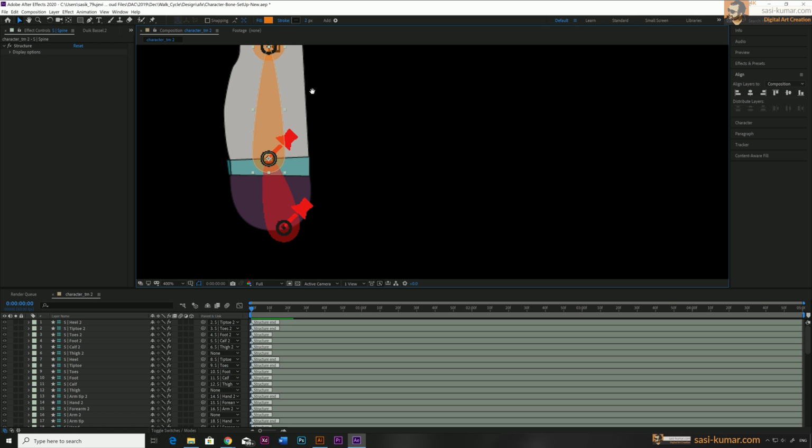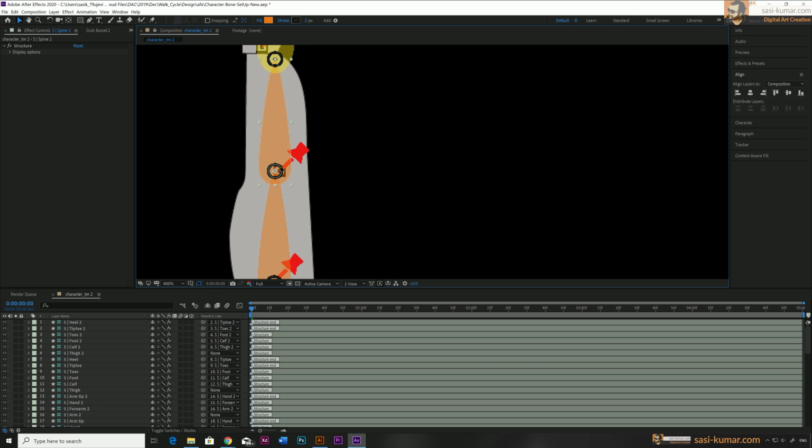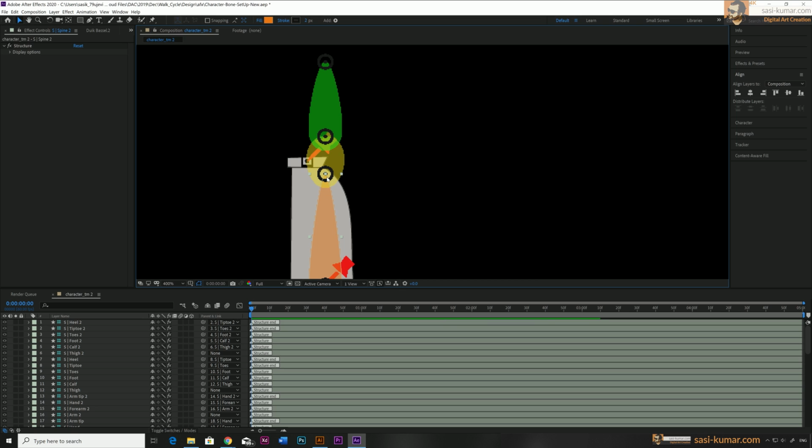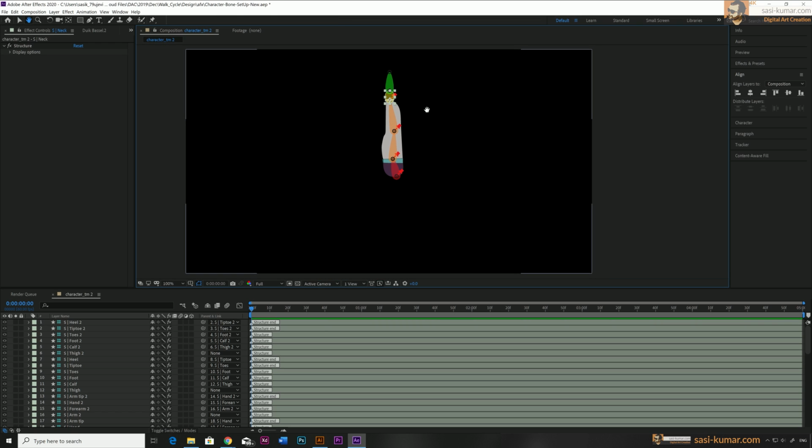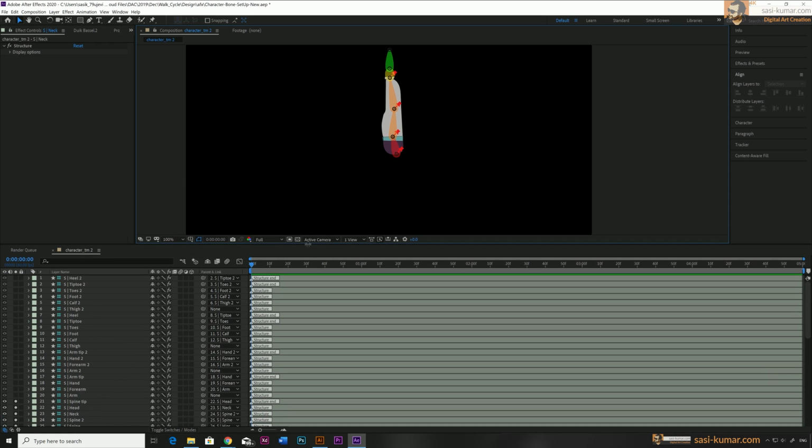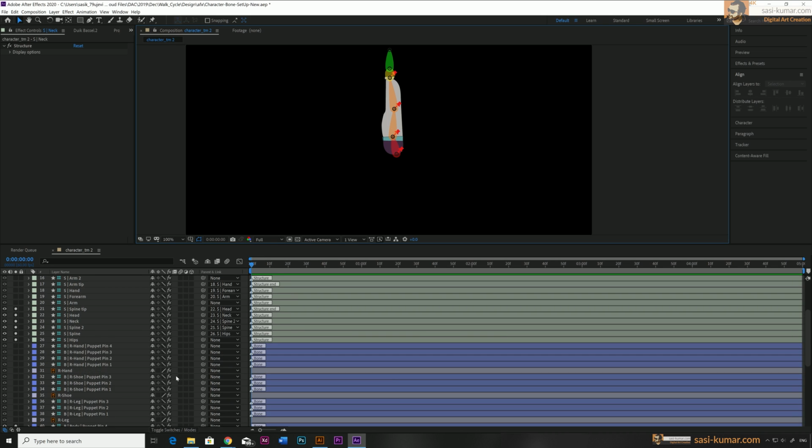You can bring the circle point to fit into the puppet tool, which will work properly once you set up all of them. Let's bring this one here, and the top one will go to the head, so just leave that for now. Okay, so this seems to be fine. Now we need to link these three bones to the puppet tools. Alright, so let's go below.